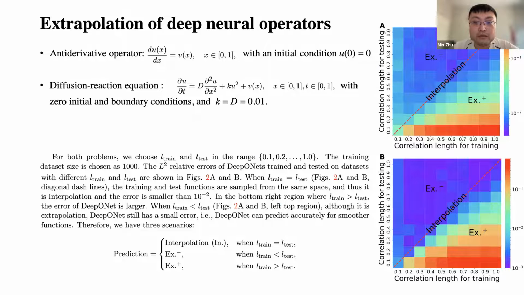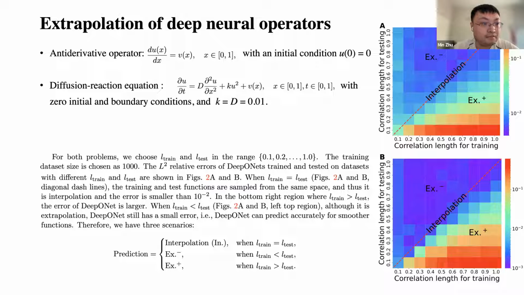Here, let me use two examples to show the two scenarios of extrapolation. One example is the antiderivative equation, and another example is the diffusion-reaction equation. For both problems, we choose L train and L test in the range from 0.1 to 1.0. The training data set size is chosen as 1000,